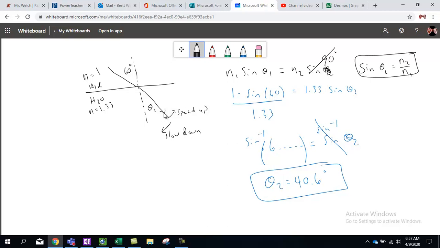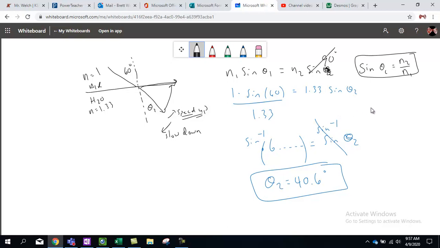Because you see how slowing down caused it to come closer to the normal and get a smaller angle? We have to push this all the way out to 90, which means we have to be speeding up. To speed up, that means that the N2 has to be lower than N1, and that's how this stays under 1. So if you want to know the critical angle for a material, like for instance water and air,